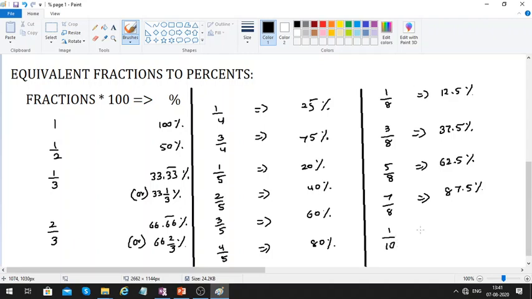1 by 10 into 100 is nothing but 10% of a number. So if you want to find 10% of a number, you can calculate 1 by 10th of it. For example,